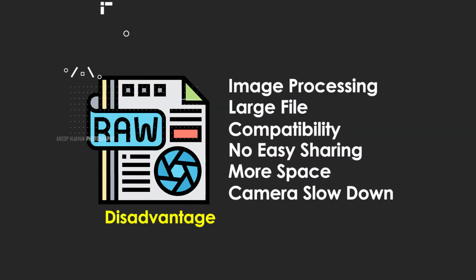Coming to the sixth point, camera slowdown. That means when you're capturing images in raw, the camera speed can come down because they are very heavy files. When you're going for sports photography, when you're capturing the photos, it will take time to save to your memory card. Then there is one more option: you can increase the writing speed and reading speed of your memory card. Still, the camera can slow down the process. Now the latest cameras can support around 20 FPS.